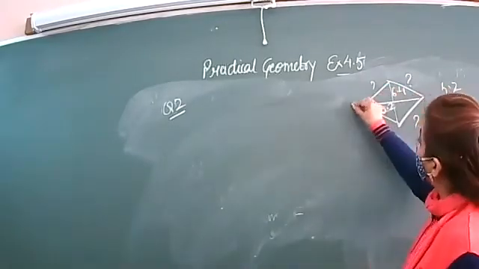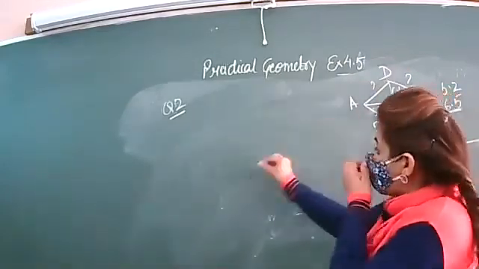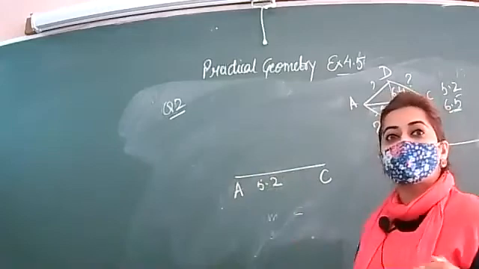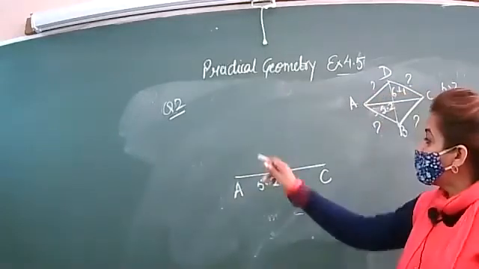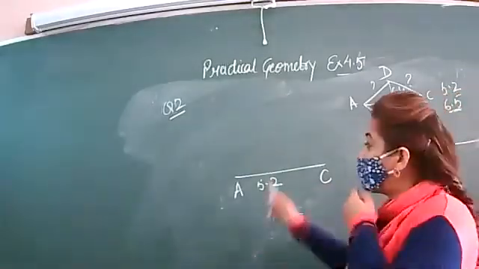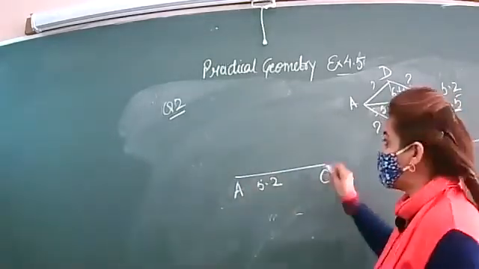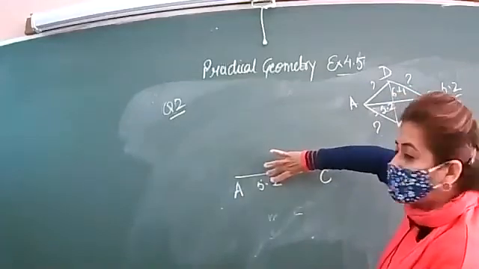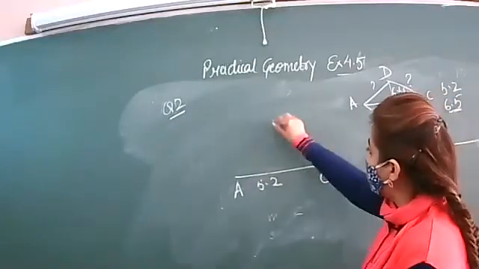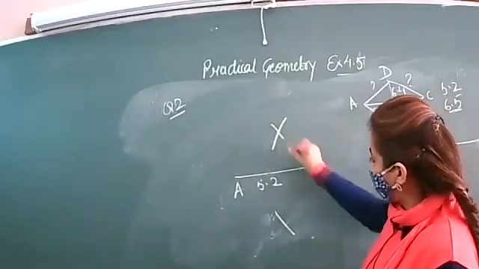So here the name is not given, you can write the name as ABCD or any other name. If you want to give, you can. So you will draw the base AC as 5.2, that is one of the diagonals. Now the next step is you will make the perpendicular bisector of this line. That perpendicular bisector will divide this line into two equal parts, and it must be perpendicular to this line AC. So you will open the compass more than half of this. You will draw the arc in the upward and in the downward direction of this line. And from the same radius, you will draw the arc from A also.